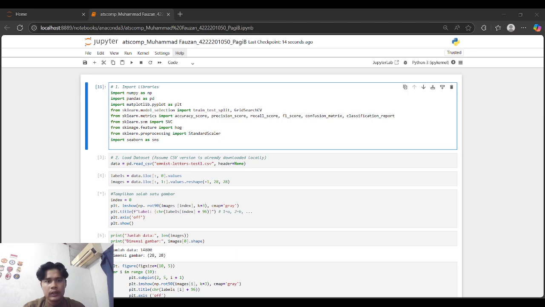In this cell, I import all necessary libraries. NumPy and Pandas are used for data manipulation. Matplotlib and Seaborn are used for visualization.